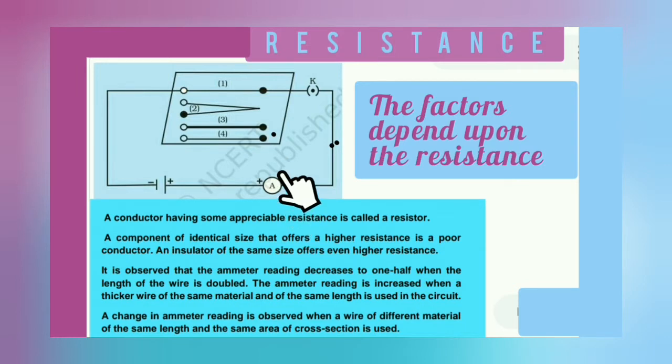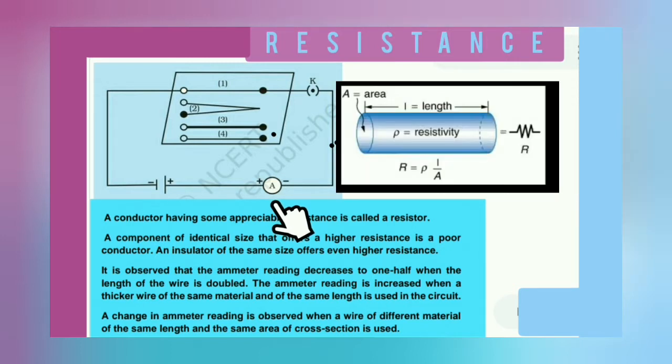Now, we will take wires of the same length but different area of cross section. One thin wire we will take and note down the ammeter reading. Then we take a thick wire and note down the ammeter reading. You can see that in the thick wire the ammeter reading is more, and for the thin wire the ammeter reading is